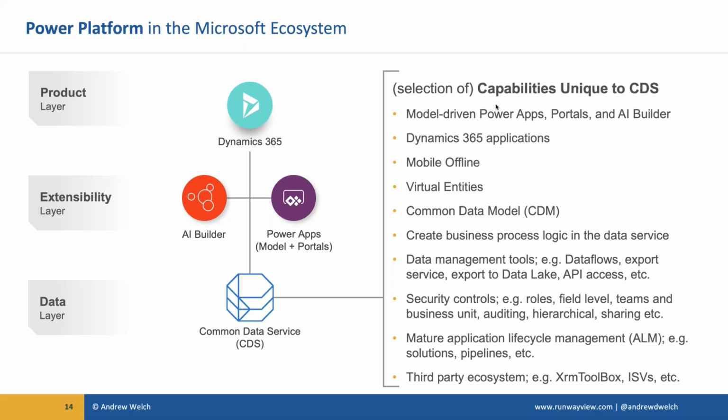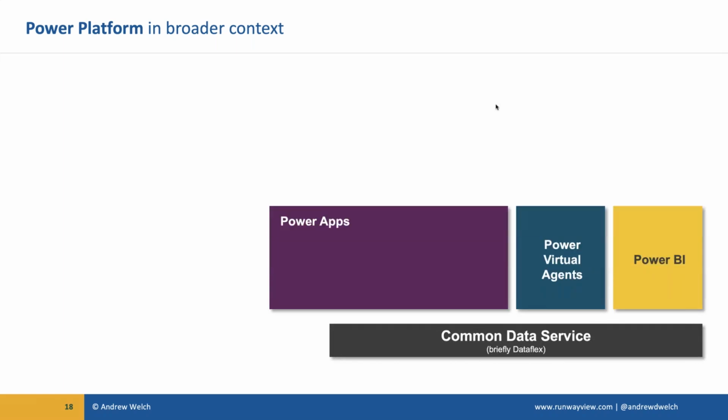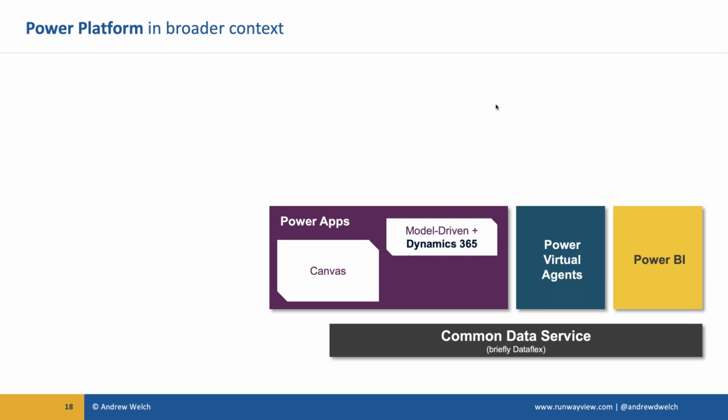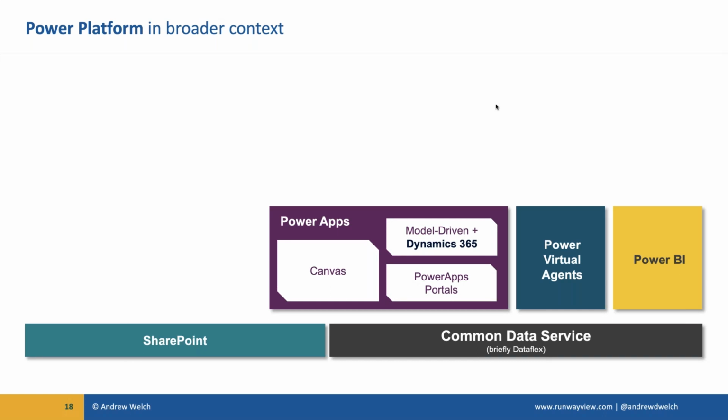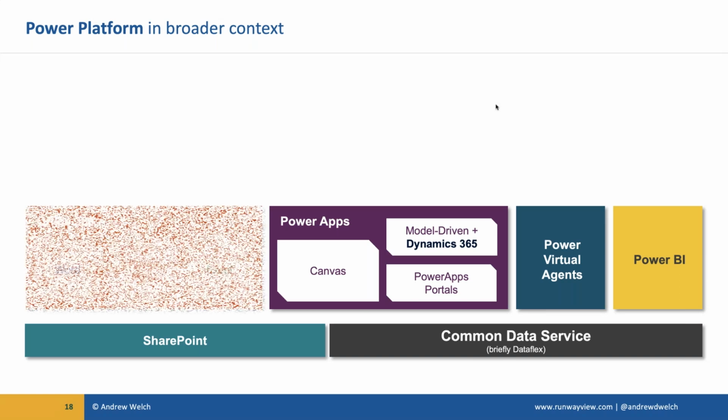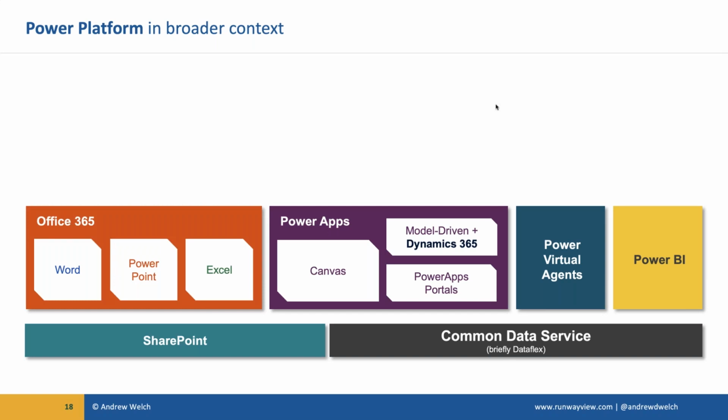So when we look at Power Platform in the broader context, and this is important as well because we're really adopting the platform across large organizations that frequently have an investment in other Microsoft technology. So we've got the Common Data Service with the Power Platform components, our different types of Power Apps here. We also have SharePoint that fits in here too, so you can build mobile applications, Canvas applications on top of, say, SharePoint lists as your data source. Other things live in SharePoint as well. Obviously all of your Office 365 applications.